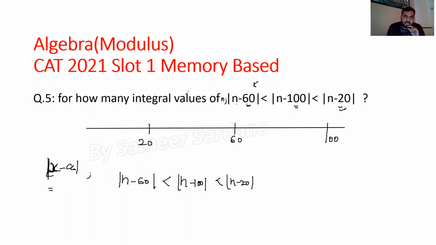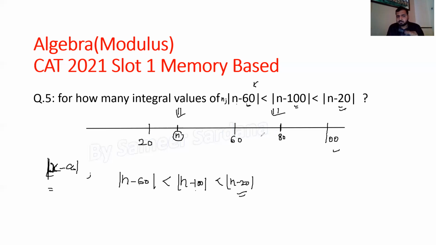You see that if I pick n in this region, n will be having the largest distance from 100, but I want the distance of n from 20 to be the largest. So therefore n will lie in the region of 60 to 100. And because it is given that the distance of n from 100 should be more than distance of n from 60, can I say that the value of n will be lying on the left hand side of 80? It will be more closer to 60.